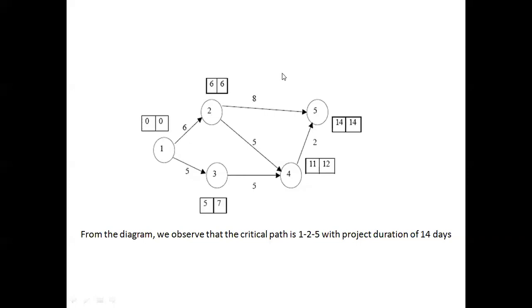It means 14, 13, 12. Among these, 14 is the highest, that is 1 to 2 and 2 to 5. And 1 to 2, 2 to 5 is the critical path. Then after finding the earliest start time and latest start time and the critical path, next we need to find out the cost slope and give the rank to the cost slope.